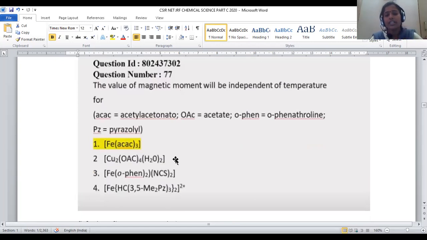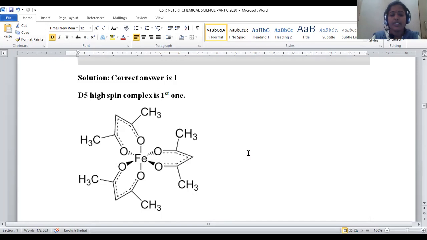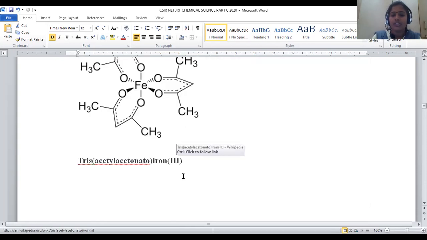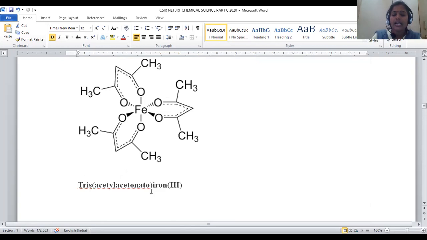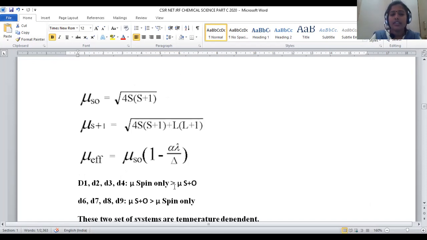Let us see where temperature dependent and temperature independent systems are present. I am considering the first compound, Fe(acac)3. Tris acetylacetonato functional groups are present in this octahedral complex. It is a d5 system. Iron is associated with 5 electrons within the cluster, and in this molecule iron exists in the +3 oxidation state. Tris acetylacetonato iron +3, right? So when this compound was taken here, in order to predict the magnetic moment of any compound, we have